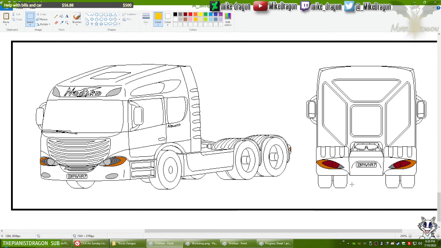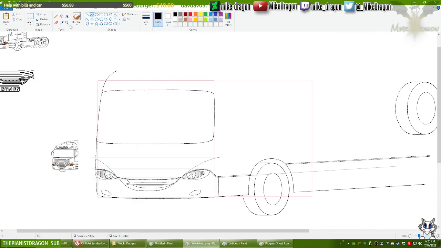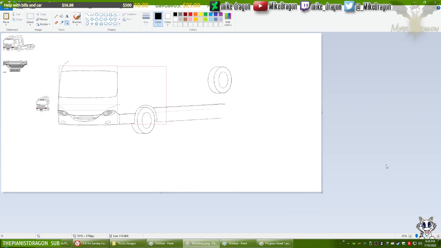So let's not bother with little details such as this one right now. Let us instead probably draw the stuff around the wheel arch.